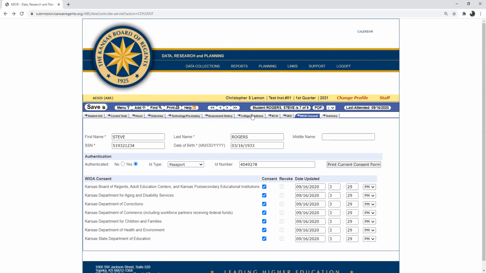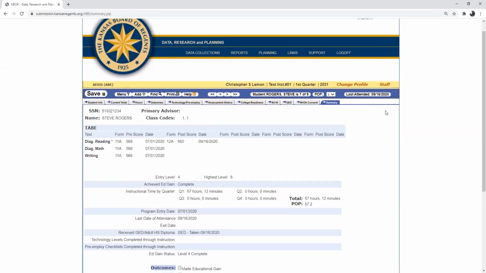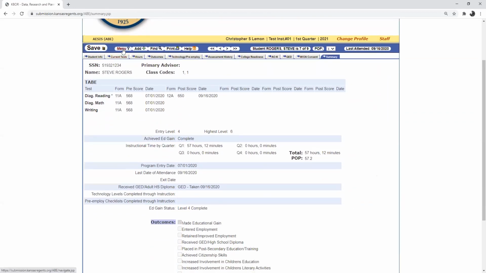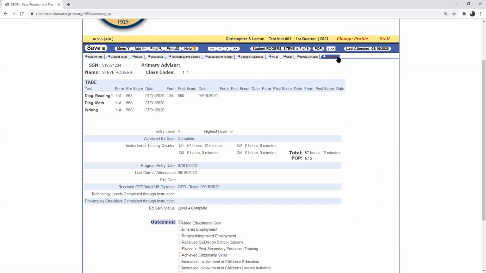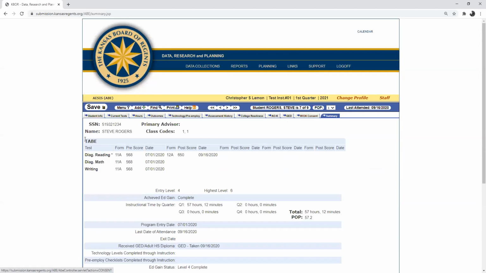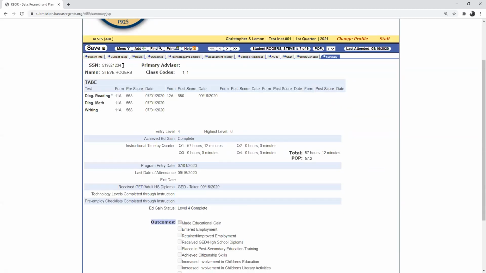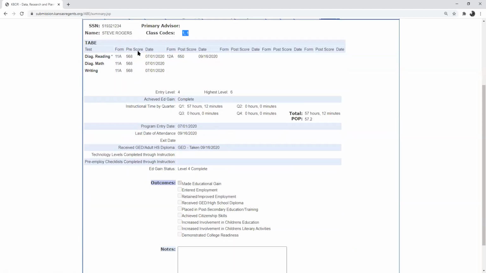So that kind of encompasses all the student data entry. Once you've entered the data and clicked save on everything, the student's information will be there. Anytime you pull up a student, it will default to this summary tab that I talked about at the very beginning, so that you can see student social security number, primary advisor if they have one, their name, courses, the class codes they're in, their assessments,